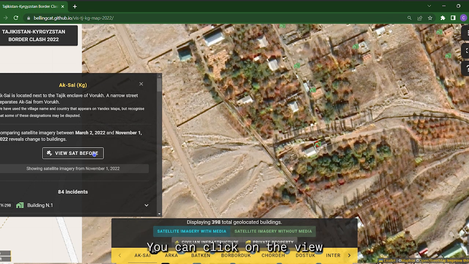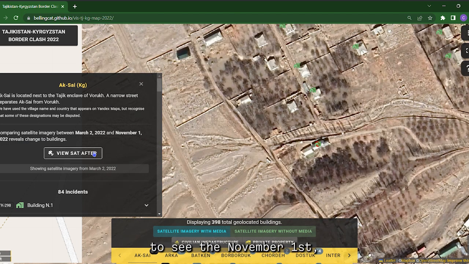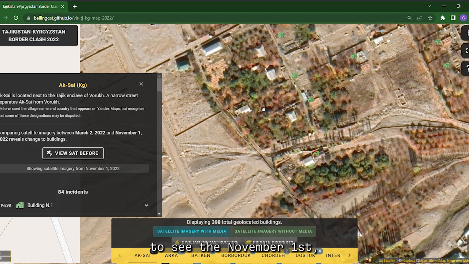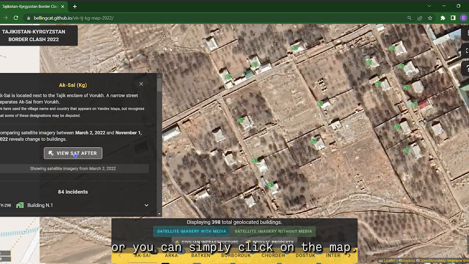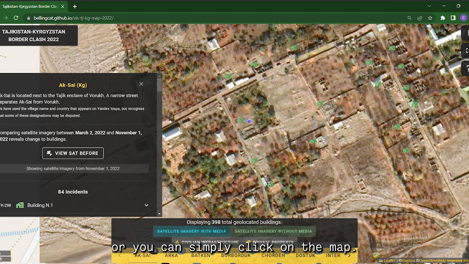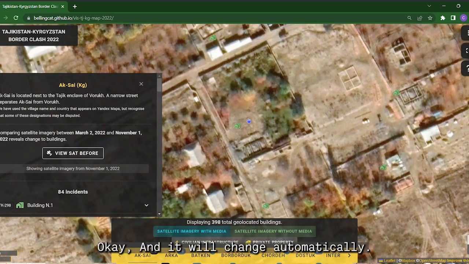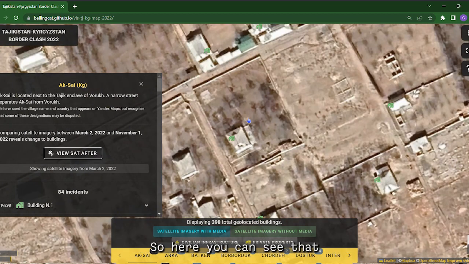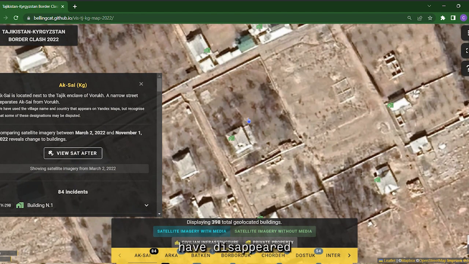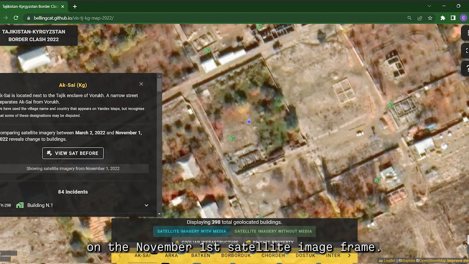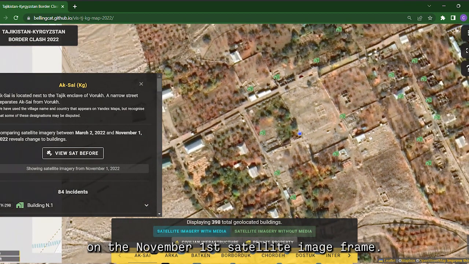You can click on the View Satellite After button to see the November 1st satellite imagery. Or you can simply click on the map, and it will change automatically. So here you can see that all of the buildings have disappeared on the November 1st satellite imagery.